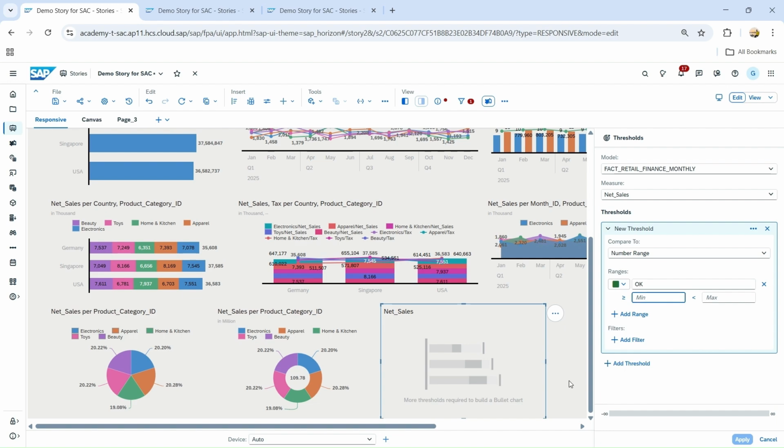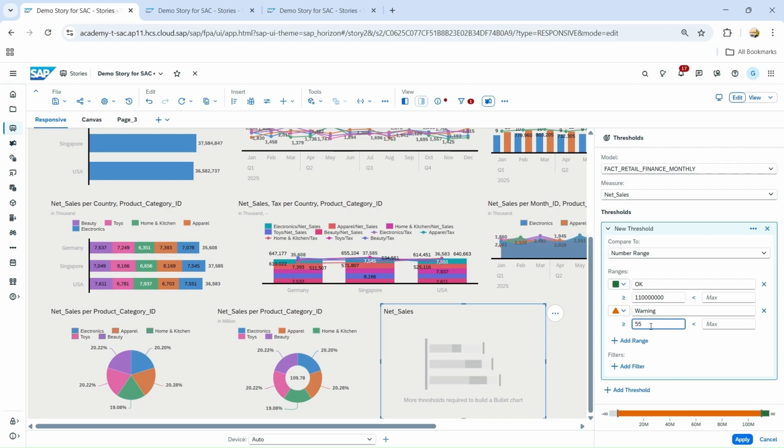So here I can see the total sales is 109, right? So 109 million. So I will keep some range, like good range is around greater than 110. 1 2 3 4 5 6. Okay, then I add warning, and if my range is between, and this is just an example, you need to